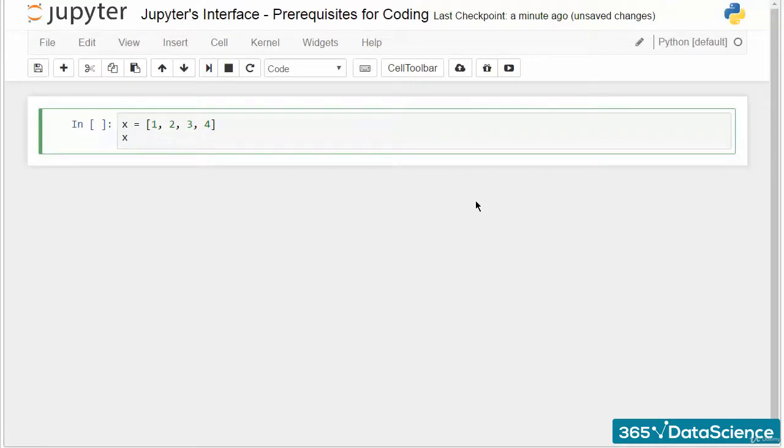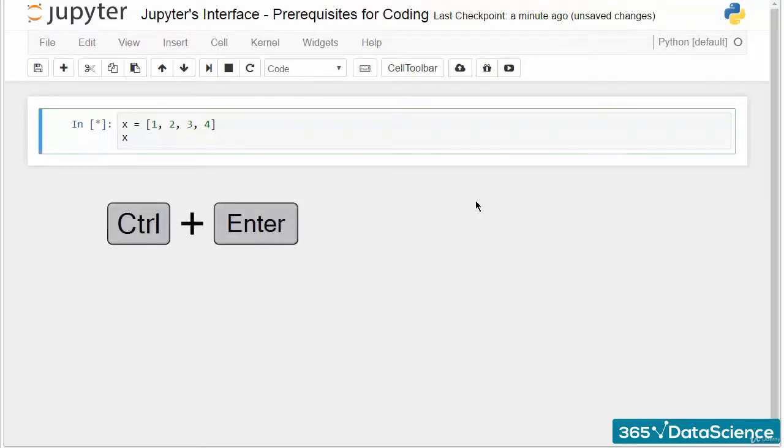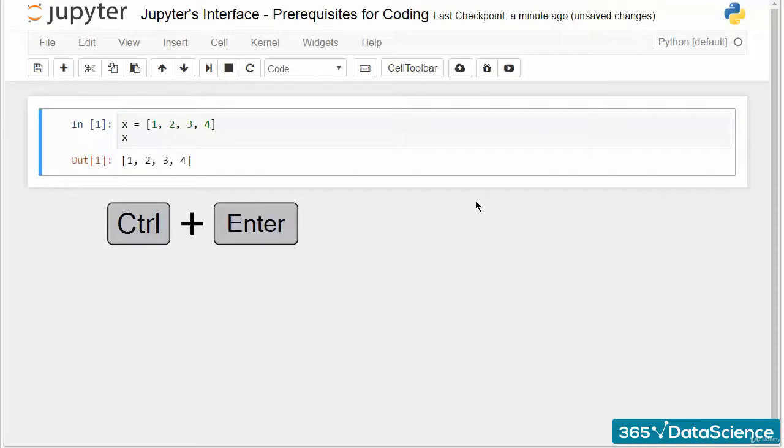I can execute these commands in 2 ways. The first one is to hold Control and then press Enter. By doing this, the machine will execute the code in the cell, and I will stay there, meaning I will not